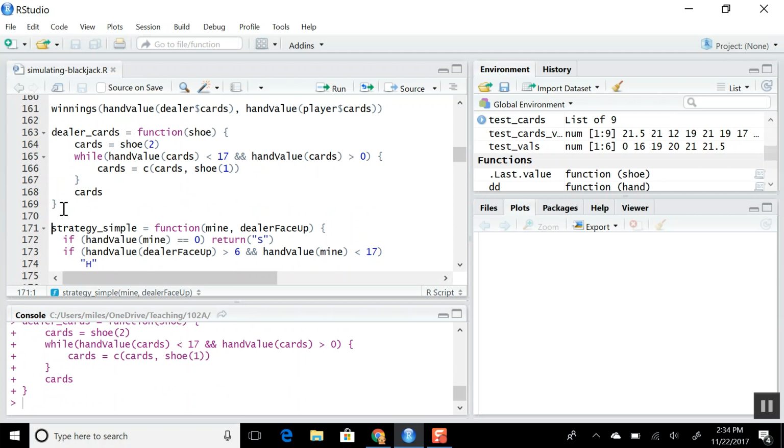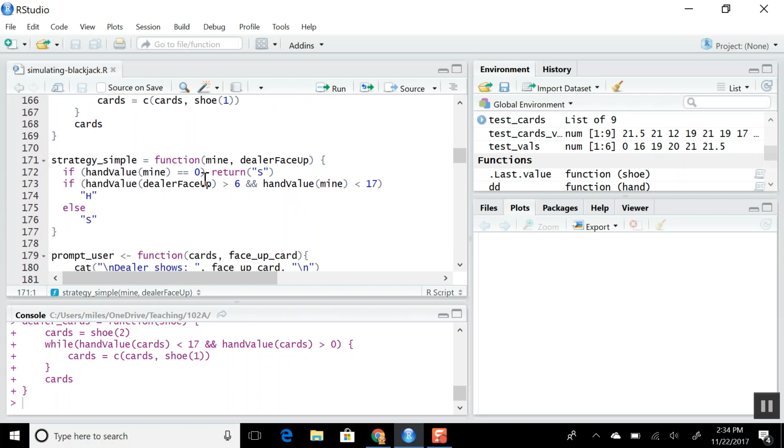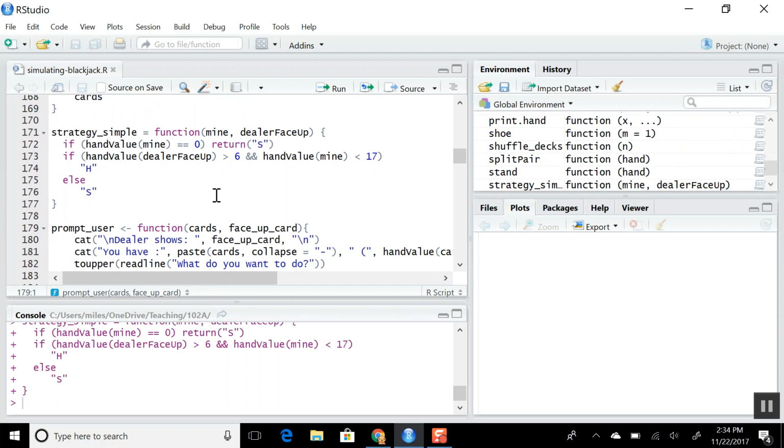We can create a function for the dealer cards. It basically just says keep hitting until the dealer's at 17 or more. So while the hand's cards are under 17 and we haven't bust, keep hitting the cards. Then we will implement a very simple strategy in the beginning, which is as long as